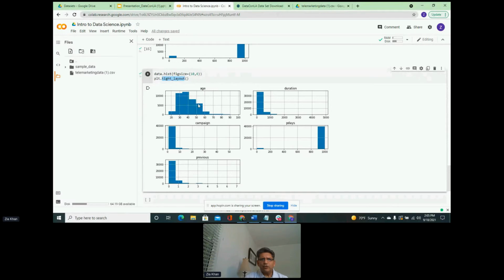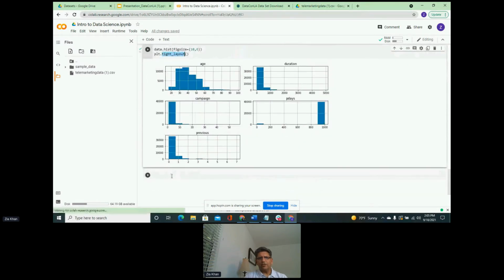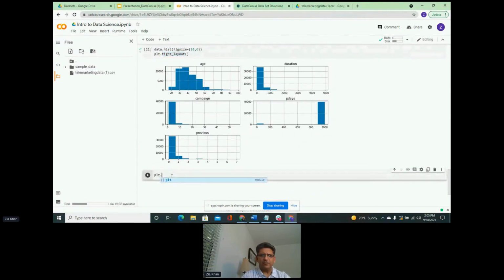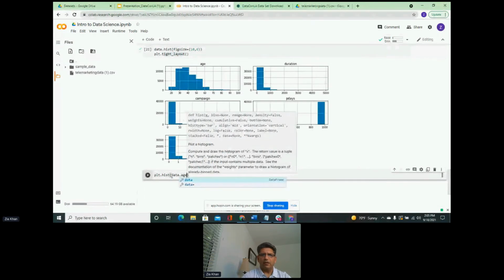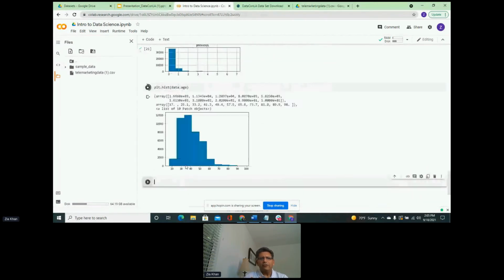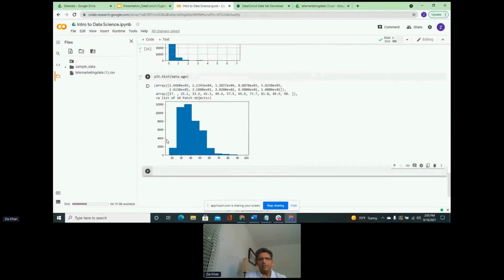Now, just very quickly going back to the histogram for age, we did say that the age was not normally distributed. So plt.hist, and then we go back to age. Now, this data is not normally distributed, or doesn't really look like a normal distribution. It's close, but it's not. How do you make data normally distributed? What can you do to your data so that it reflects a little bit more of a normal distribution?